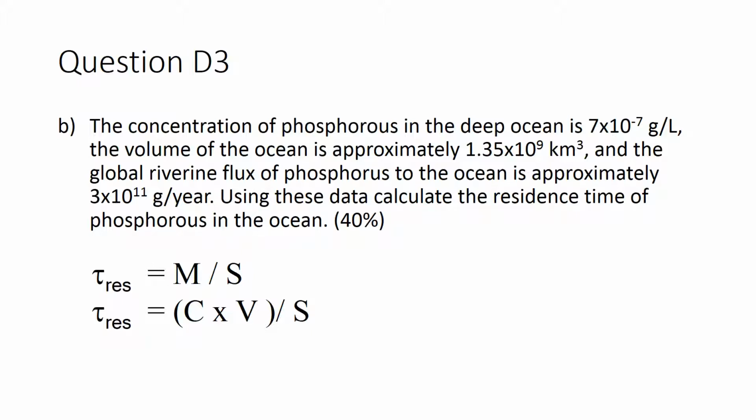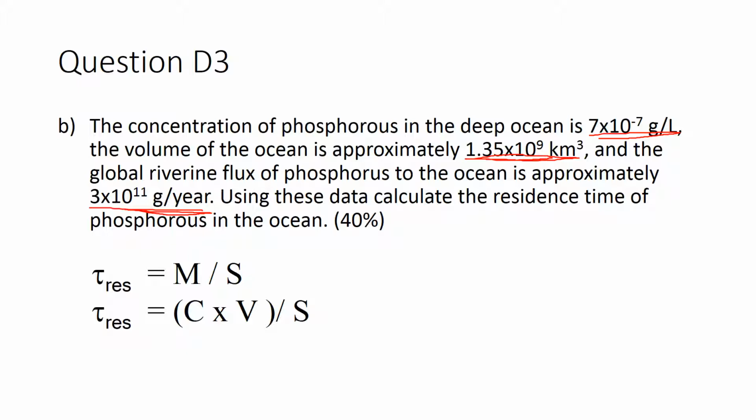Got kind of a little bit lost in some of the details. So we have some information. I'm just telling you that the concentration of phosphorus in the deep ocean is this number here, in grams per litre. And I tell you that the volume of the ocean is this extremely large volume. And the riverine flux in terms of grams per year is this. So the question is